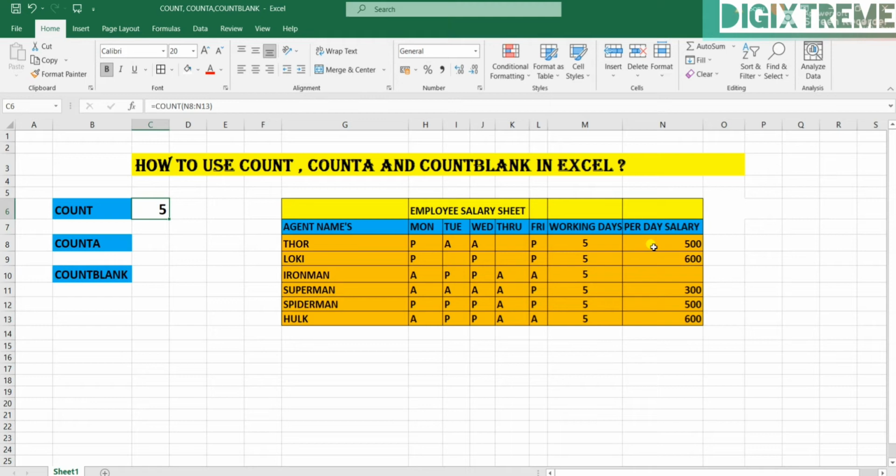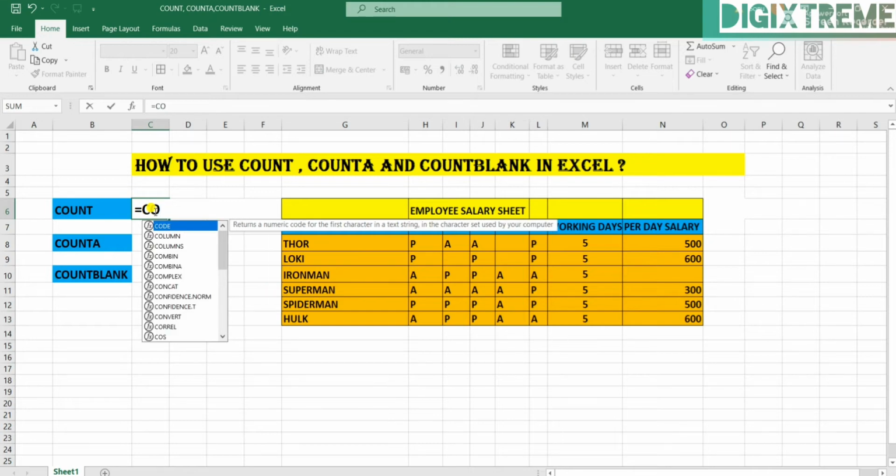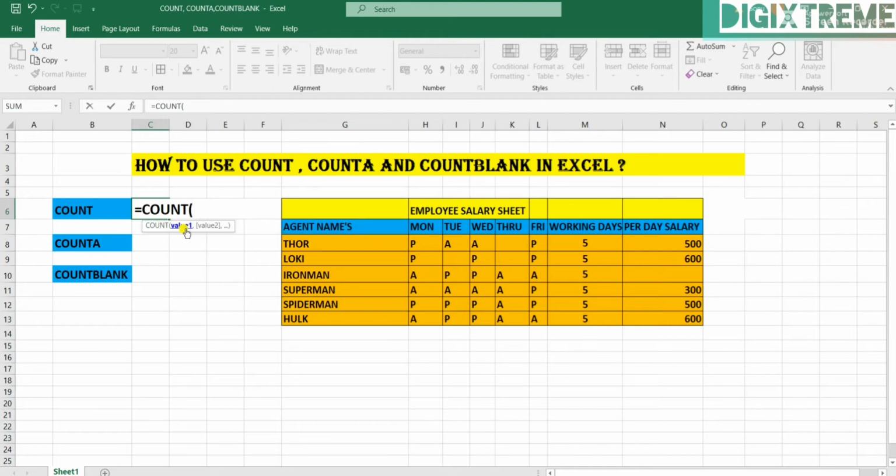Let me do it again with another data. We'll do the same, equal to COUNT. You can either double click or tab. Now the bracket is open. Let me select this data with both numeric and text, and let's see what it counts.